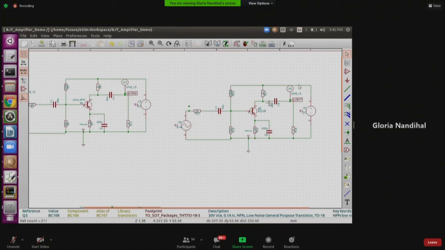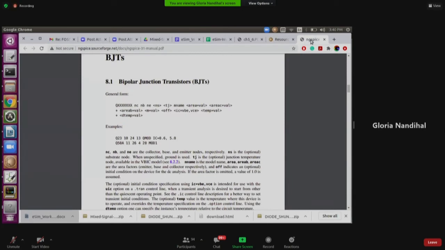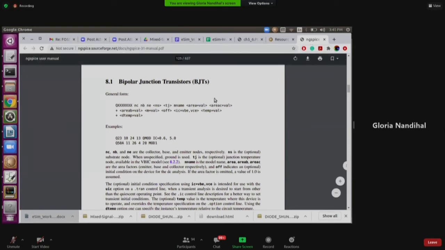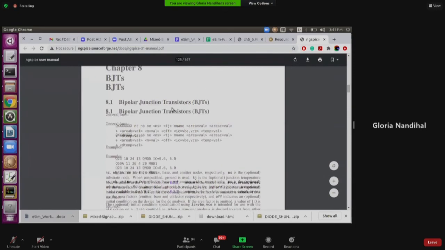Okay. So now we see how we can resolve this in our SpiceLib file only. If you go to the ngSpice manual, many had doubts about how we can add the parameters. If it was a diode, we could have easily referred to the data sheet and filled in the values. But when it comes to BJTs, from the data sheet you need to take some parameters into consideration and calculate the values. This is the ngSpice user manual. Again, it is available on our web page. If you click on it, chapter number 8 deals with the BJT.